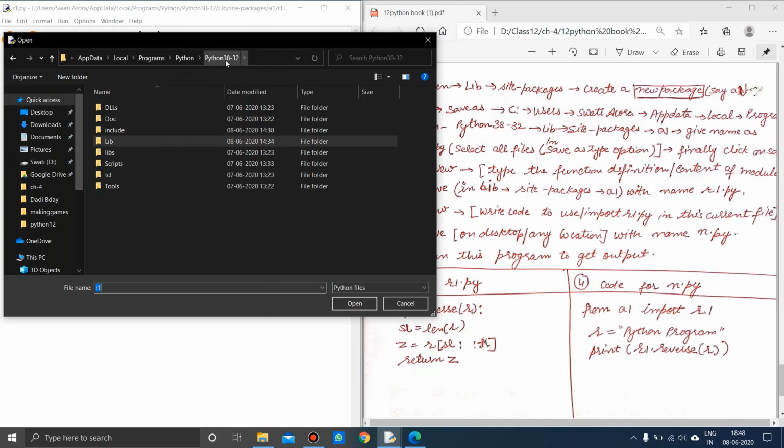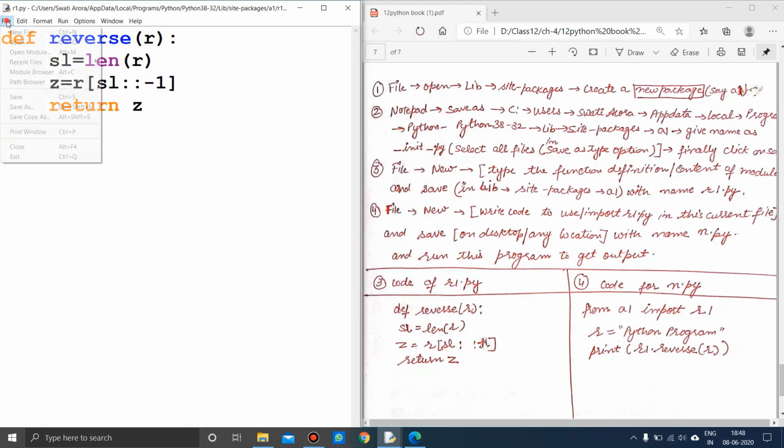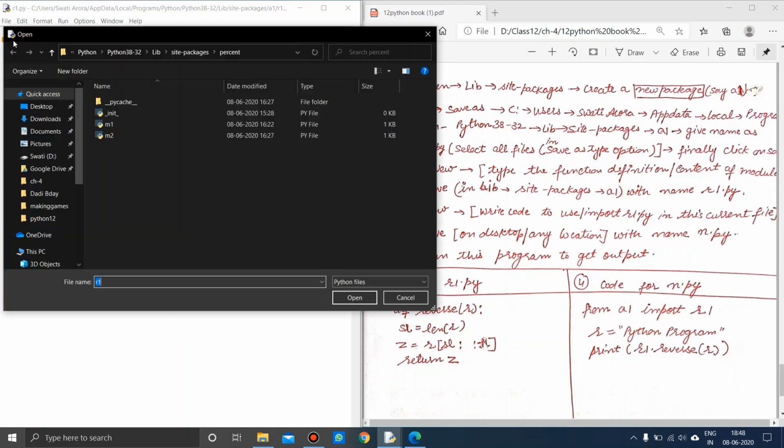Once you have come here, the whole path is the same: Local, Programs, Python 38-32, then lib. If by default you are here, there is no problem, but if you are not here when you click on File and Open, then you need to follow this path.